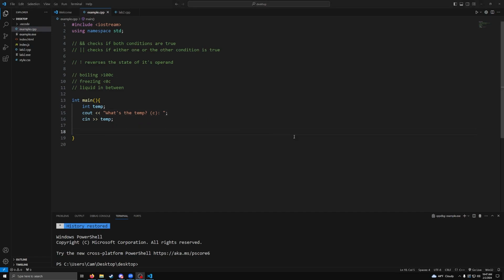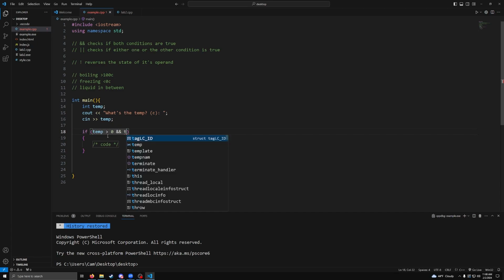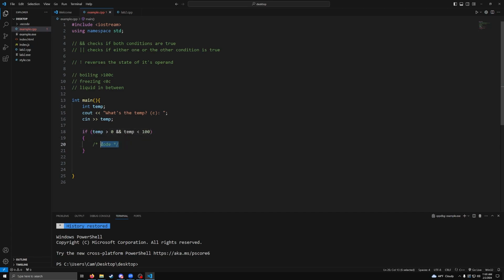All right, so the most straightforward way of using logical operators is with if statements. So we're going to use an if statement to check the value of the temperature and then execute a line of code depending on that operation. All right, let's create an if statement that evaluates the temperature using logical operators. So let's set up an if statement and we'll say if temp is greater than 0 and temp less than 100, then we will cout